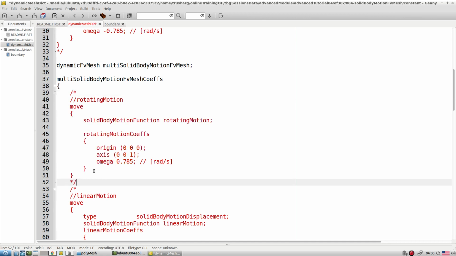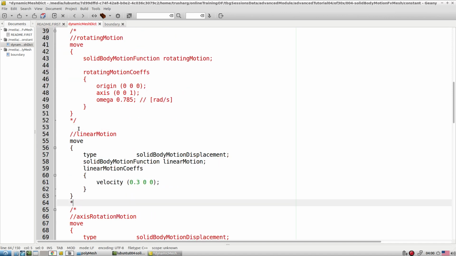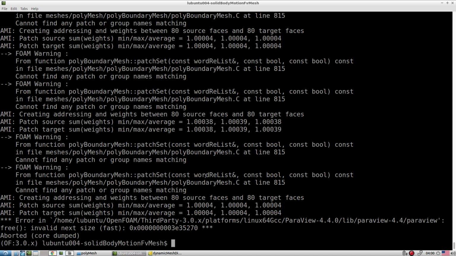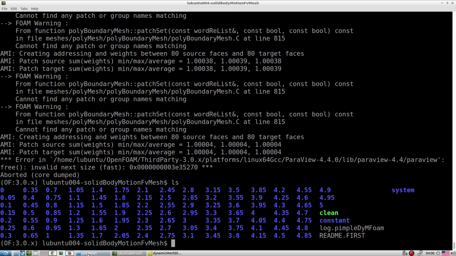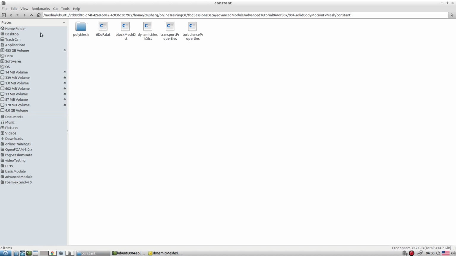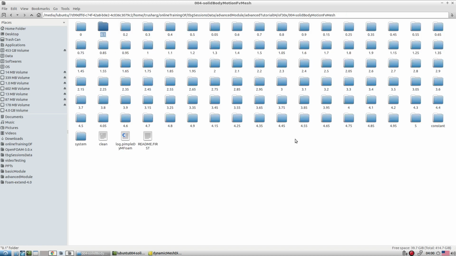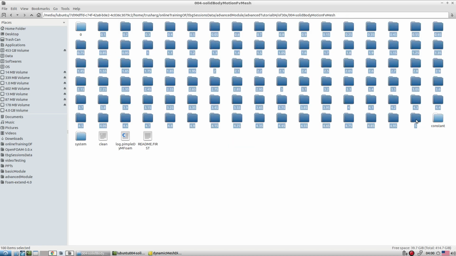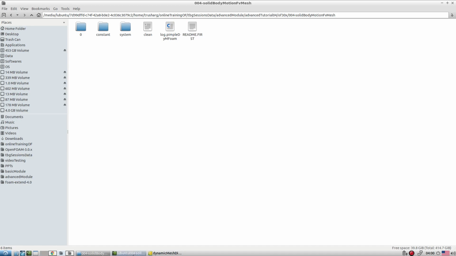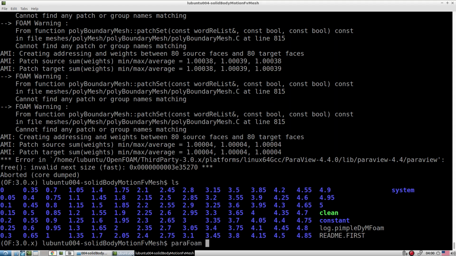The linear motion is going to fail because our entire cell zone is going to move. It is not a good way to look at it, but it just gives you the idea. I'm not going to simulate this case, but with the help of our moveMesh utility we try to explore how exactly the motion is going to look.